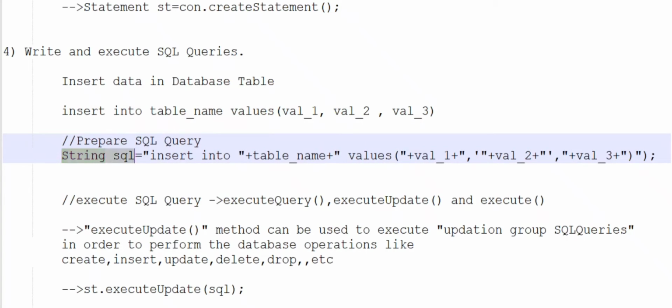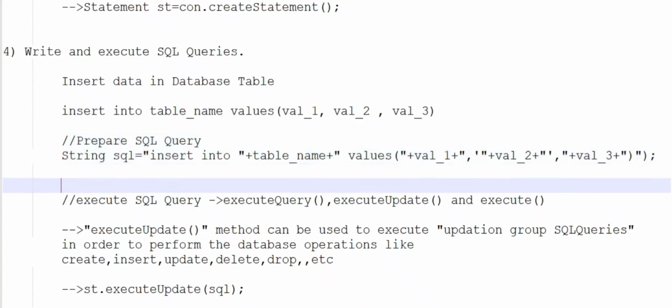So we will write a SQL query string sql, where we write the query as insert into table name values in brackets value 1, value 2 and value 3. I will make an employee table EMP, and we will give value 1, value 2 and value 3 as employee number, employee name and employee salary.